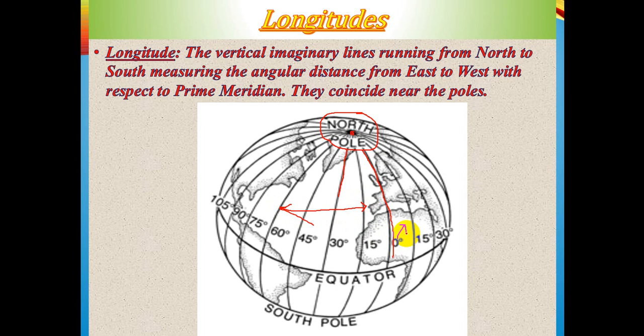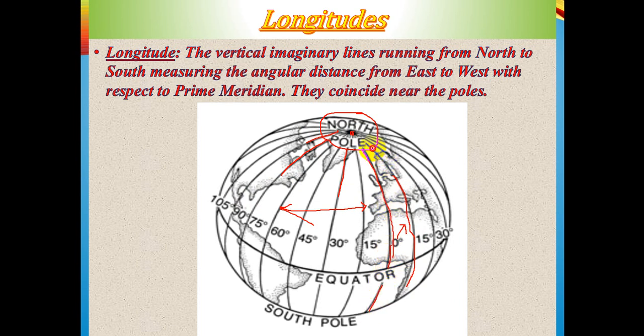Now these are also termed as meridians. Why are they termed as meridians? The word meridian means midday. Now all the longitudes that are drawn, you can see they are connecting some of the places. Here you can see it is connecting a part of Europe, then it is connecting places of Africa. This is the Sahara Desert region. Here it is France and that is Paris over there.